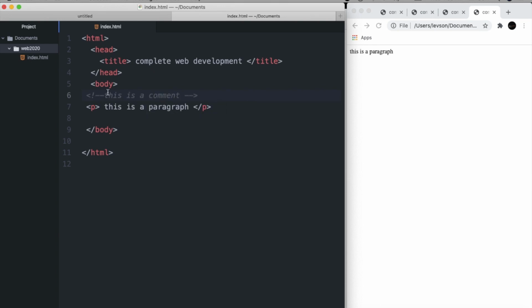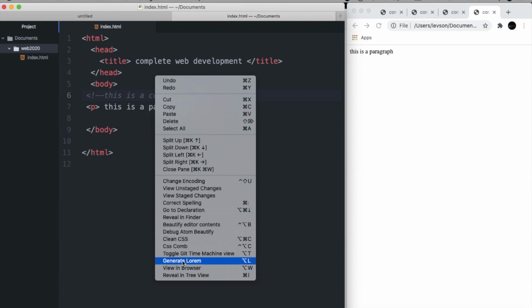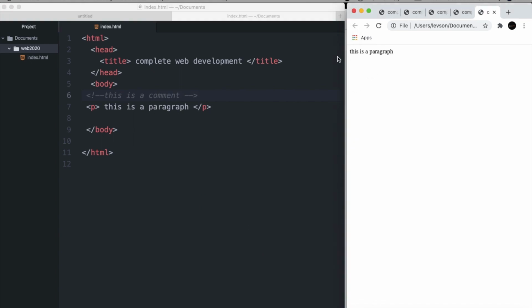So when you save this and again run in your browser, you see, still you are getting this is a paragraph, and this line which shows this is a comment, it is not shown. So whenever you want to write a comment, this is how you can write a comment in a HTML file. Then last thing,